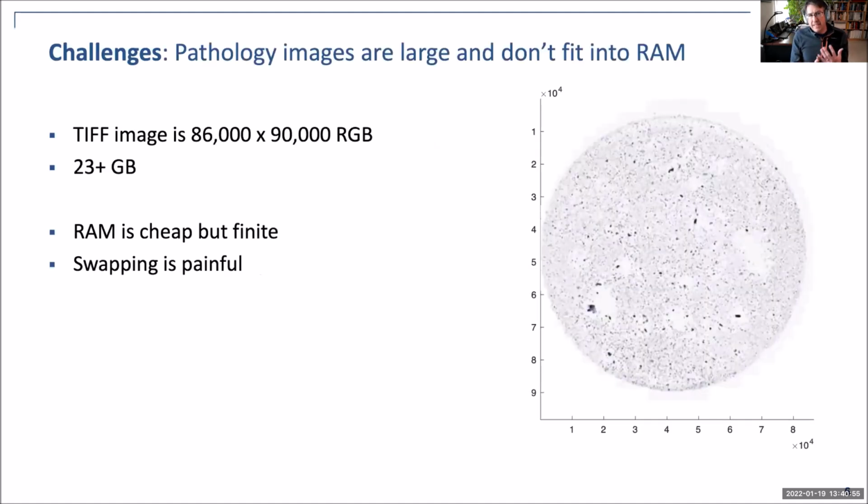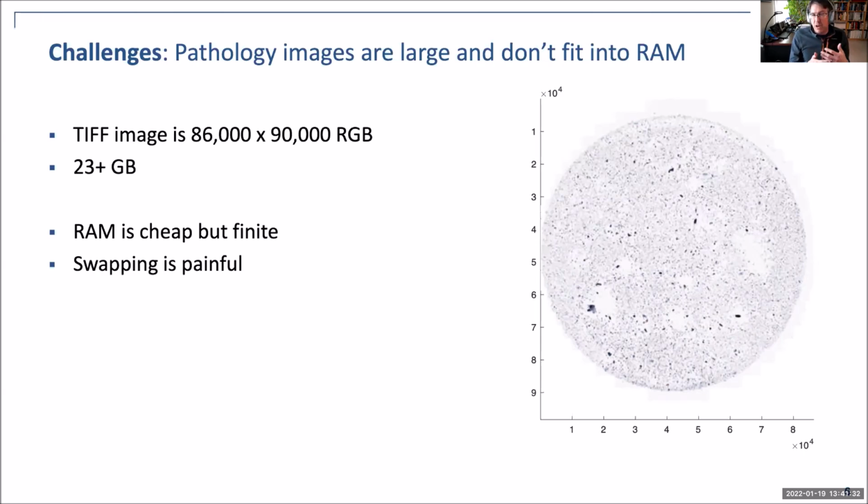Okay, so let's dive into some of the challenges. And given that you're here, this is probably not much of a surprise, but these images are large, and large in this space is typically on the order of 100,000 by 100,000 RGB image, right? So in the case that's listed here of this TIFF image, it's 23 gigabytes of data, which is not nearly as large as what Russ was talking about,